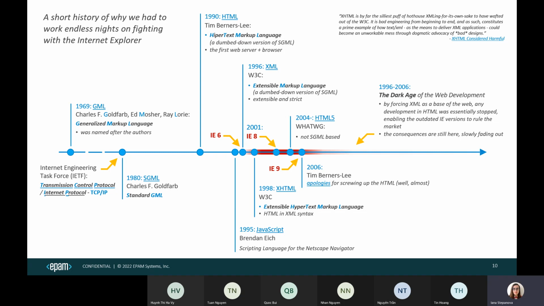So let's quickly return to our long history of asynchronous requests. Let's see. We will start from 1969. It was quite a long time ago. So here is where generalized markup language was created, and it was slowly transferred then to HTML, because HTML is also a markup language, but it's hypertext markup language, so more specialized. Then